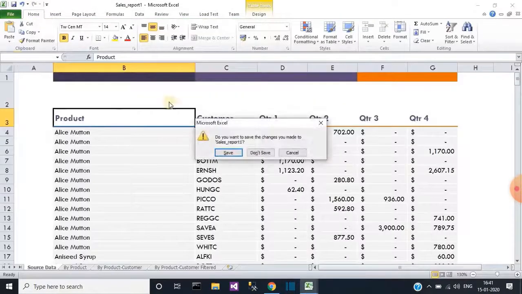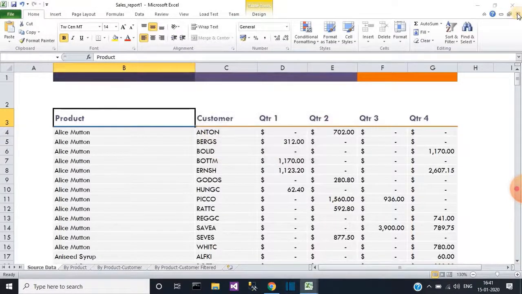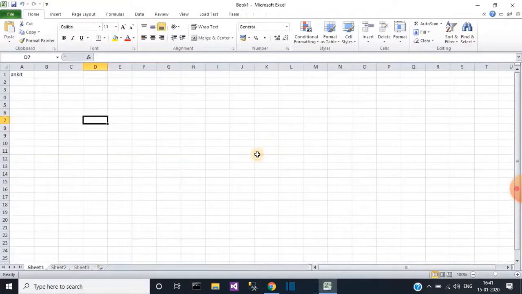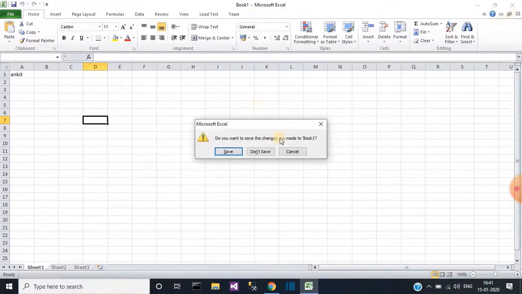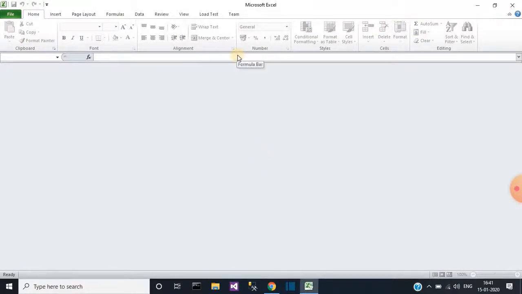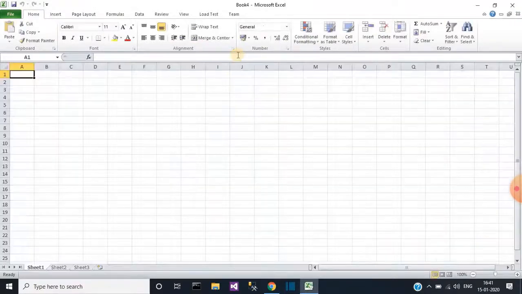As I click on the close option, go through the File tab here. Or you can close by the close button given in the title bar. After the title bar, there are three command buttons. It lets you close only the current workbook, not the whole application. So this file will be closed, but the workbook will not be closed here. You can see that I closed the file, but it did not close the workbook.